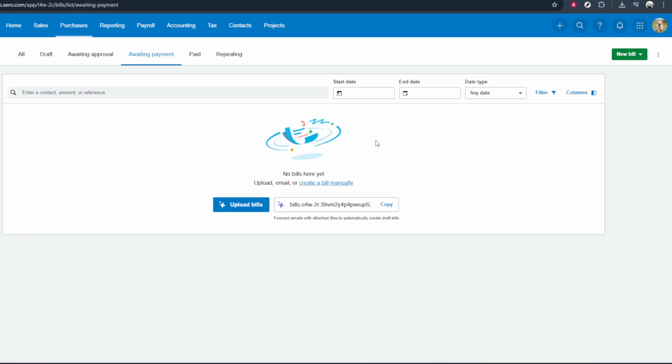Xero will record the transaction, adjust the bill or credit note balance, and reflect the refund in your reports. That's all there is to it. Navigate to Purchases, open bills, filter to awaiting payment, and then enter